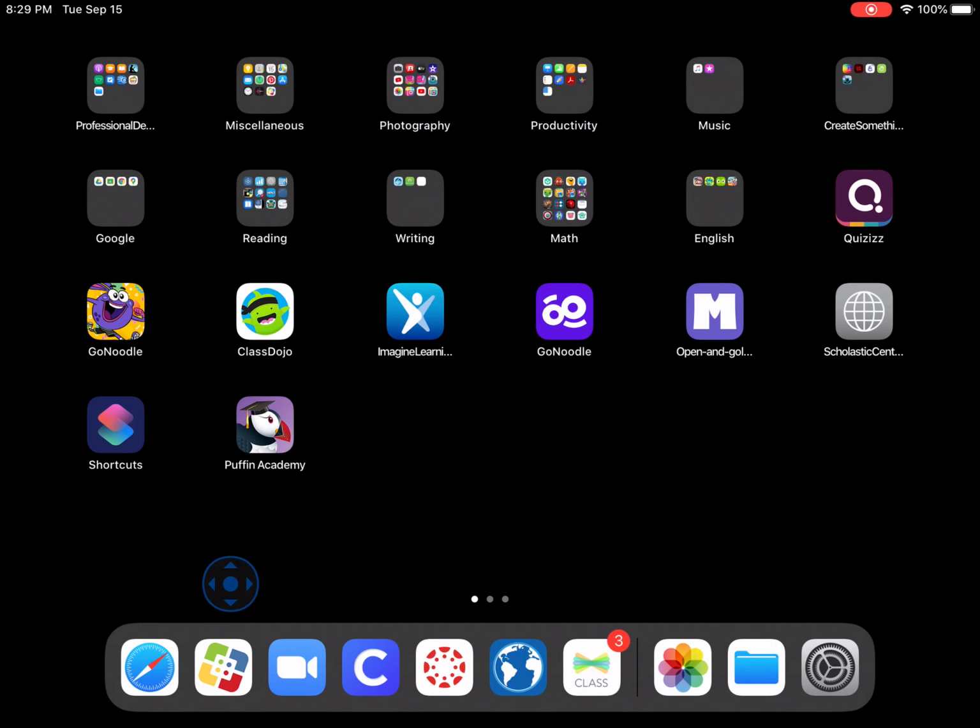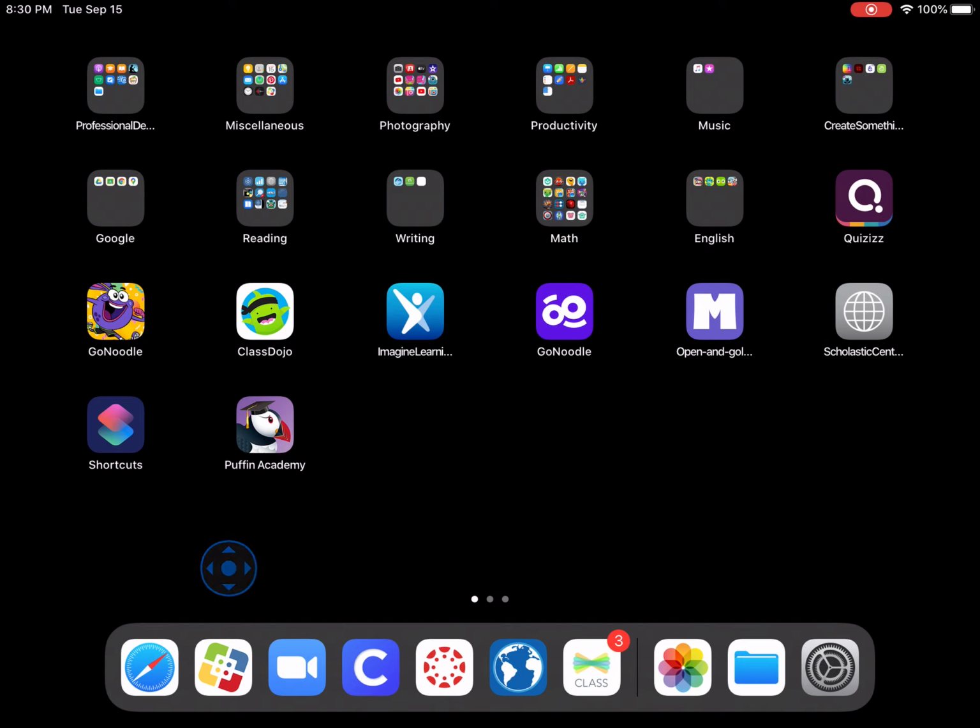The next thing that we're going to learn how to do is update an app. On a school iPad, you don't use the App Store. You use a different thing that looks similar to an App Store, and it is our Lake Elsinore Unified School District App Store. It is this icon right down here on the toolbar. It has the green, the blue, the yellow, and the red square that makes it up,